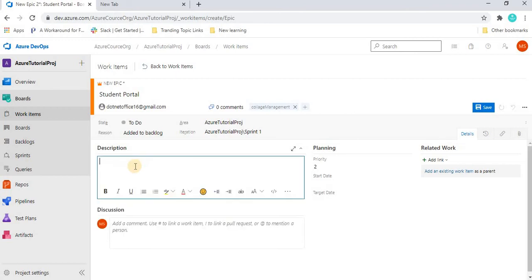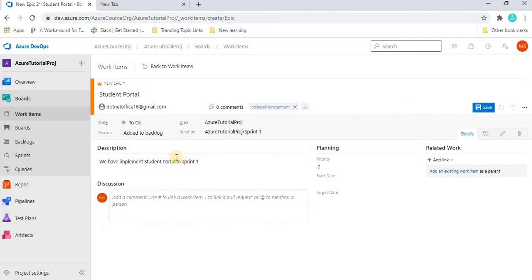Now the next is the description. Whatever description you want to give that particular epic, you can give it. Like, we have to implement the student portal in sprint 1. Any description you can give here, and you can save it from here also.